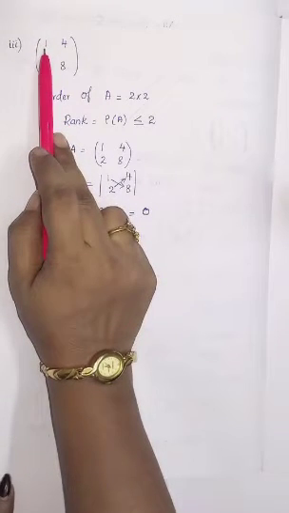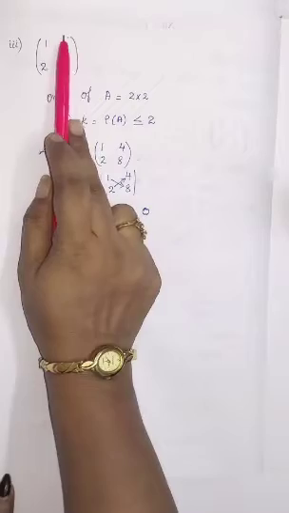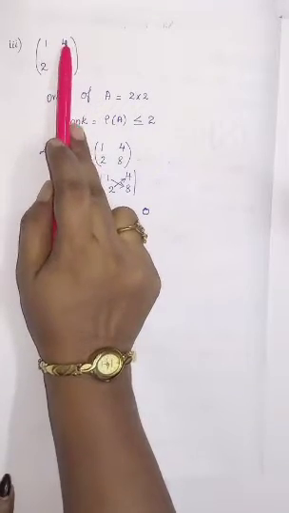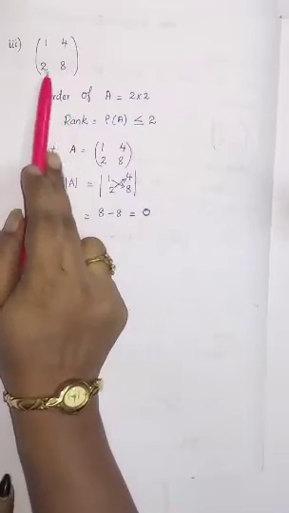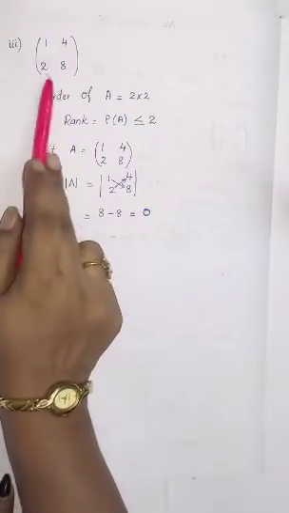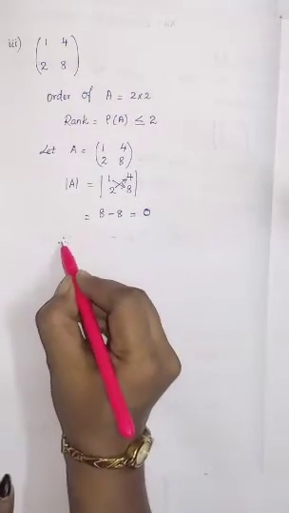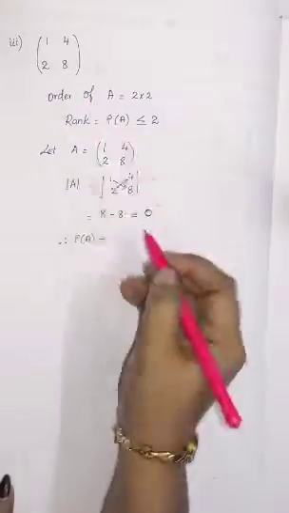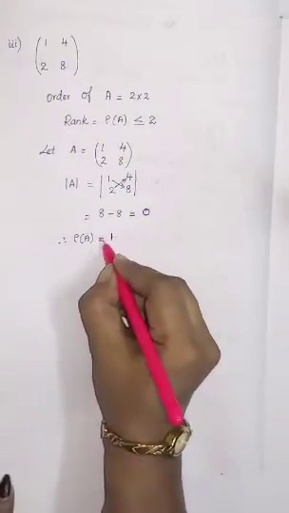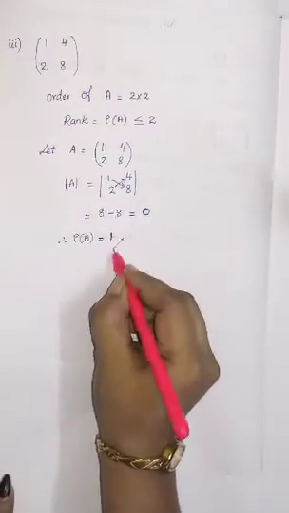If you see 1 row and 1 column, that is 1 number will be there. So any number, if it is there, then that is a rank. You can see this also, 1 row and 1 column will be there, so that is 4. So you have got a number over there. Any element you can take and see, you will have some number other than 0. So therefore the rank of A is equal to 1. Since we have not got the answer in 2, therefore the rank is 1.